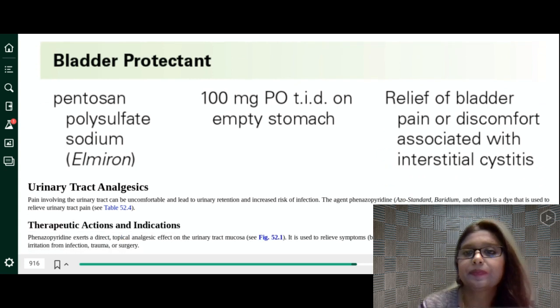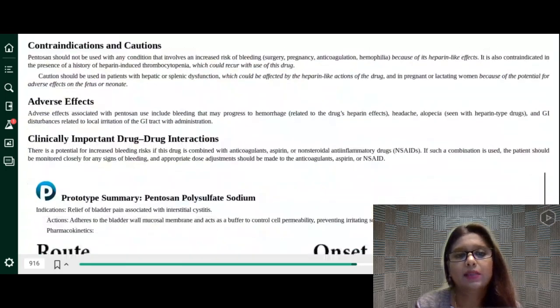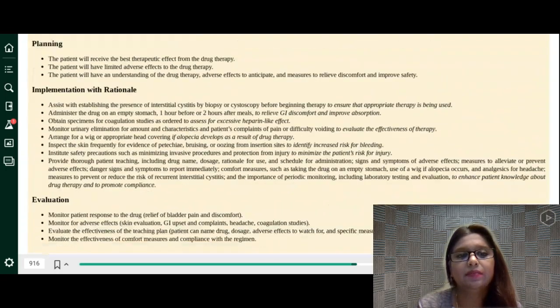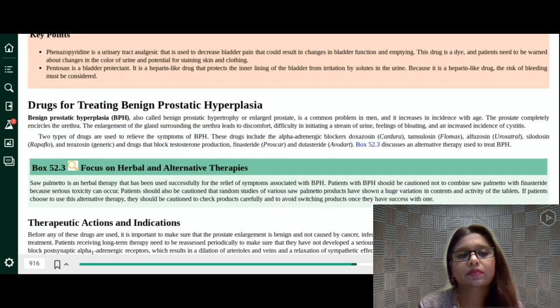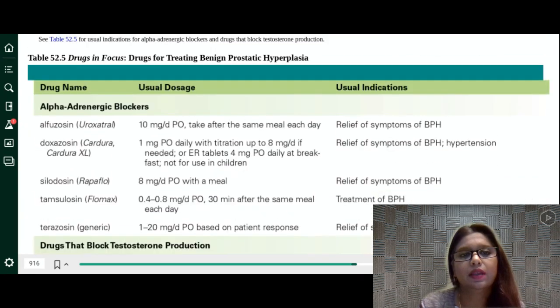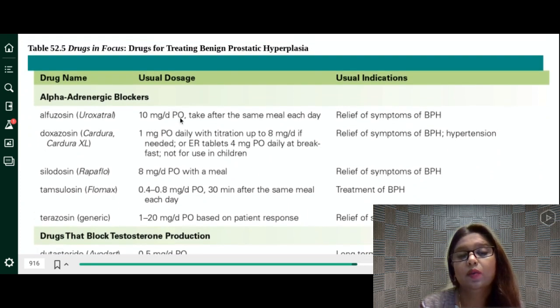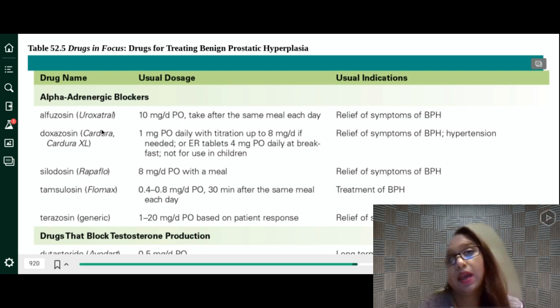All right. Okay. That is specific with our Pyridium. The last part of it is treatment of benign prostatic hypertrophy, which is this. I think this is the last table before we could just say thank you so much, right? So let's look at this one. So it talks about